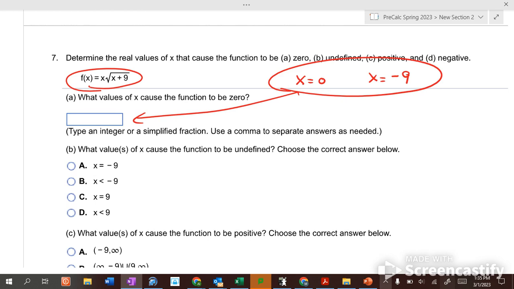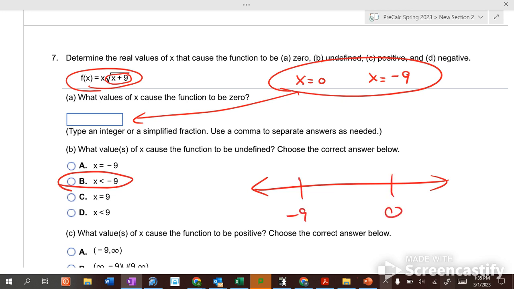What would cause it to be undefined? Well, this in here makes something undefined when that is what? Positive or negative? Negative. So if it's less than -9, that would make it undefined. What values make it positive? Well, here's our sign chart again. So we got -9 and we got 0. So anything less than -9 is undefined, so we don't even have to check that. So if we check like -1 in here, -1 times a